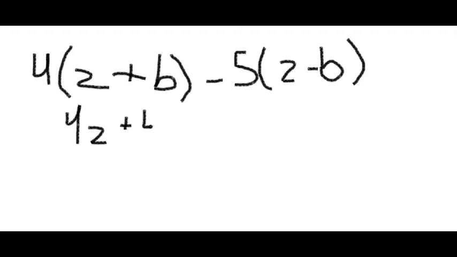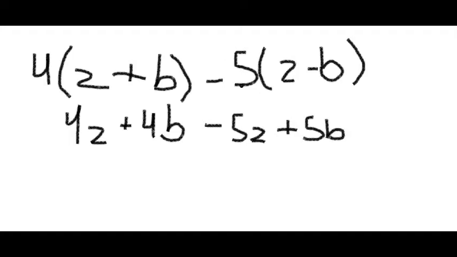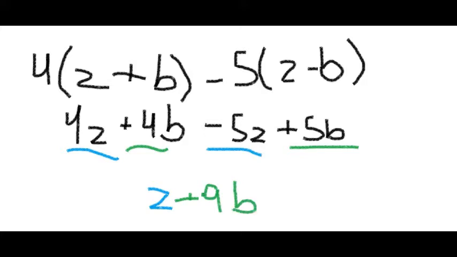4 times z is 4z, 4 times b is 4b. Alright, negative 5 times z is negative 5z. Negative 5 times negative b, because this is a negative and this is a negative, it becomes a positive 5b. Now all we have to do is add like terms. Let's do the z's. 4z minus 5z is just 1z, or z you could say. Alright, z. And we have 4b plus 5b is simply